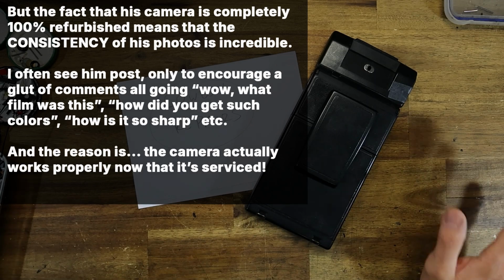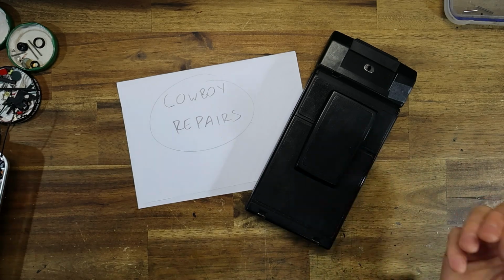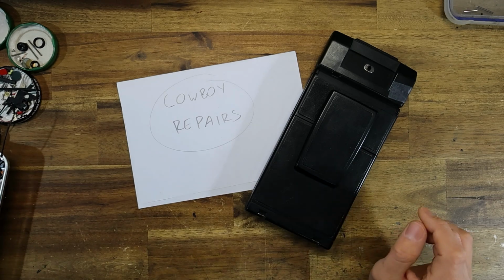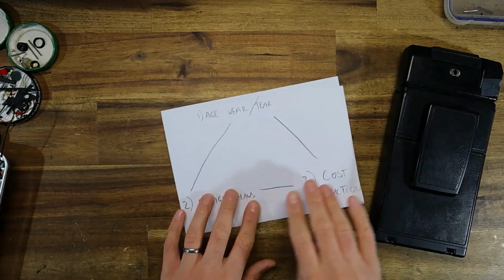Not that gear is everything, of course. It's all about how you use it. But the fact that he's got such a great working camera, and you can shoot I-type in it and that kind of stuff and have manual control, I'm sure really helps him out a lot. So anyway, I just wanted to make that point because